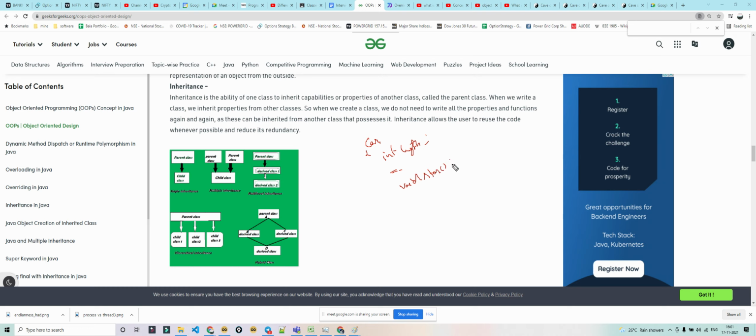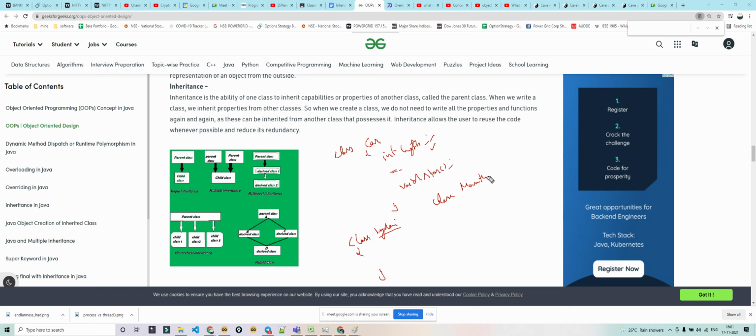Now Hyundai company wants to create a class for Hyundai car, and Maruti wants to create a class for Maruti car. For this Hyundai car also you will have length, tire, all these things, and some common functions. Hyundai car also has to start, and Hyundai car also has to stop.